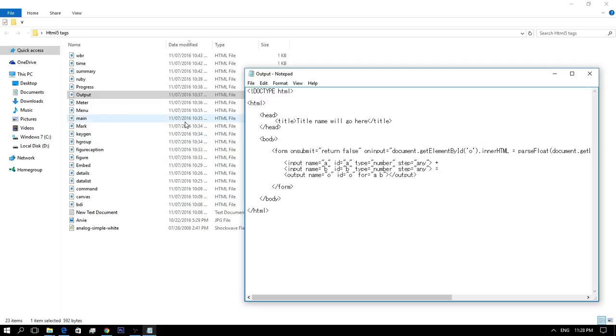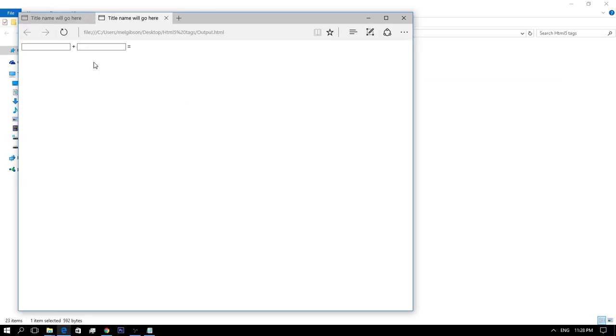There was no such way at the front end in HTML to use this facility. But with the development of HTML5, now we can use these calculations easily with the output element. So when I enter 1 and I enter 2, it will sum up the output.